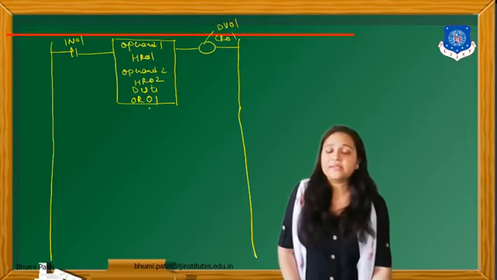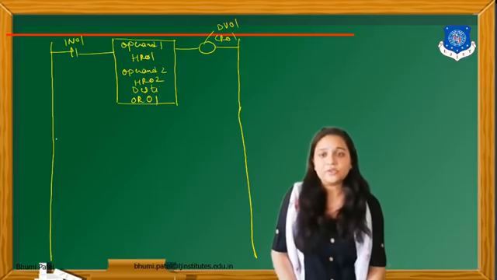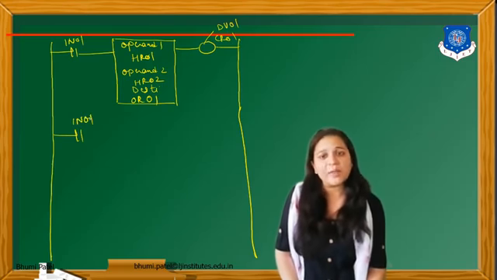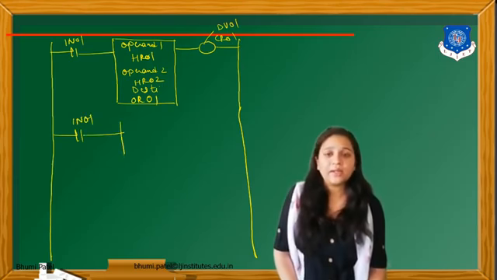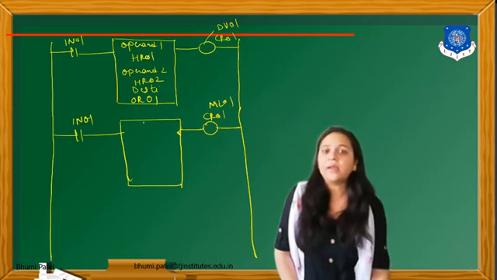Whatever answer there is, we simply multiply it with the Celsius value. So we can take another input switch. The name of the input switch can be the same, or you can take any other input switch. Then next we have to draw the block for the multiplication. What is the command for the multiplication? It is ML, so we write ML01, and compulsorily we take two operands, operand 1 and operand 2.